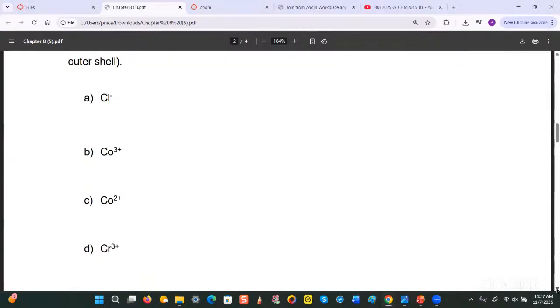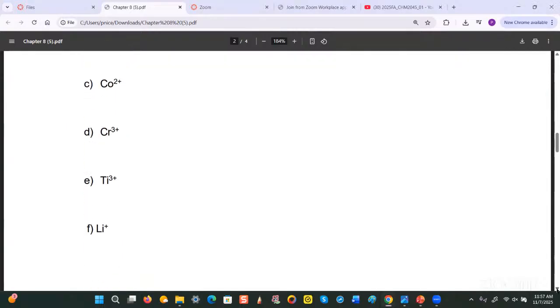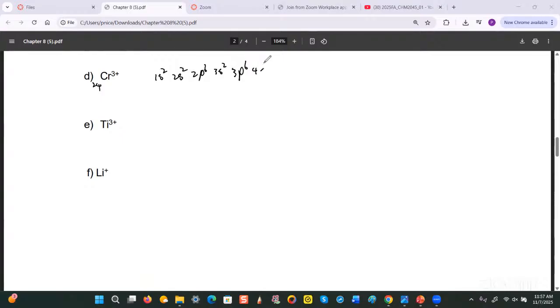For the next one, chromium 3+, can somebody tell me what the atomic number of chromium is, please? Chromium? Cr, 24. Okay. So 1s2, 2s2, 2p6, 3s2, 3p6, 4s2, that's 20,